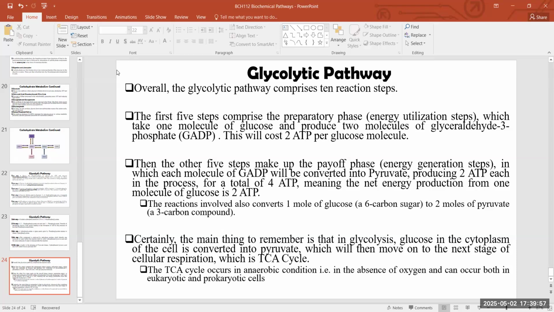So the complete breakdown, like I said before, the complete breakdown of glucose, that is this carbon compound, to release energy and carbon dioxide occurs in 3 pathways. The first one is the glycolytic pathway, the second one is the TCA cycle, and the third one is the electron transport chain,